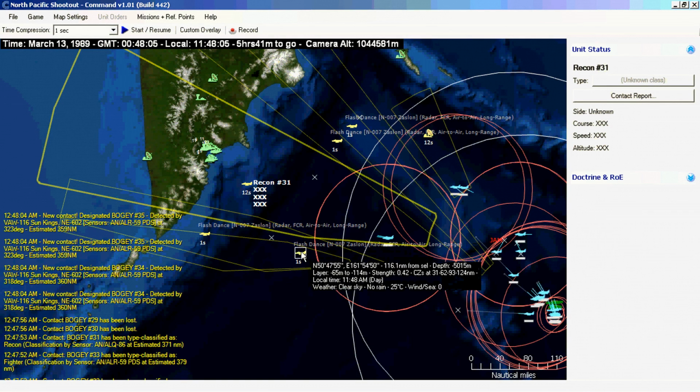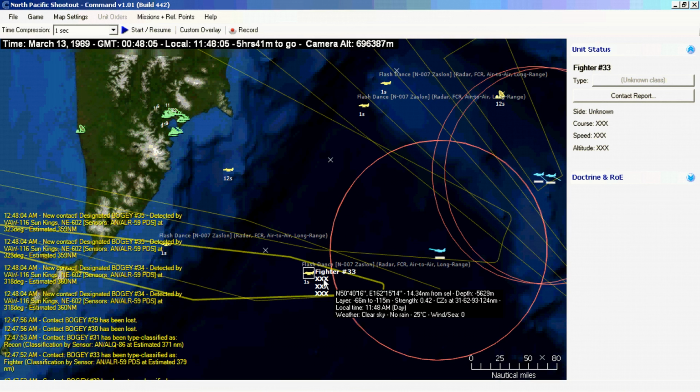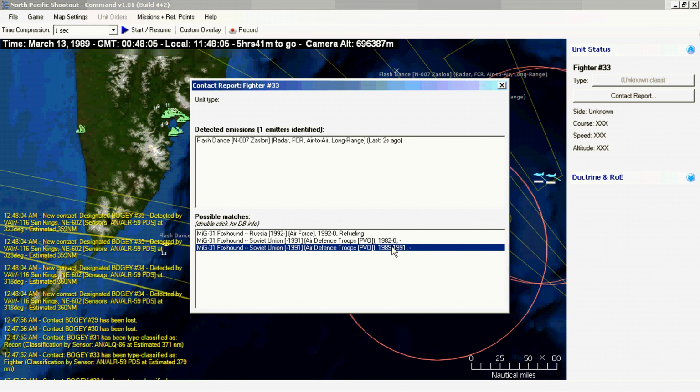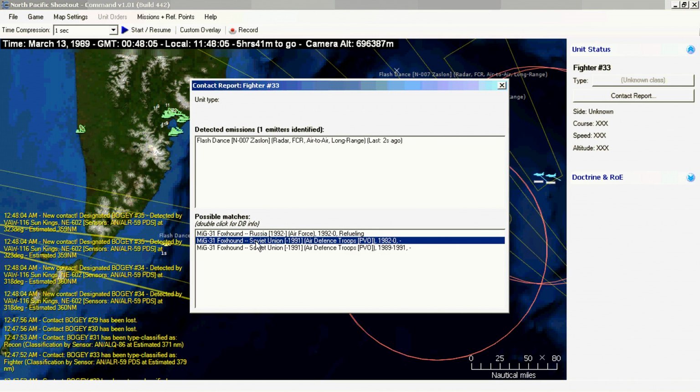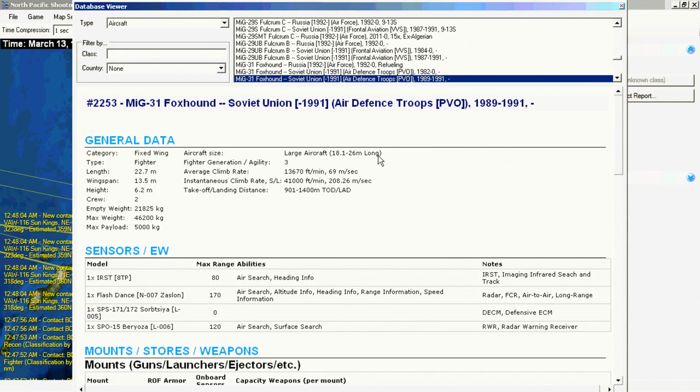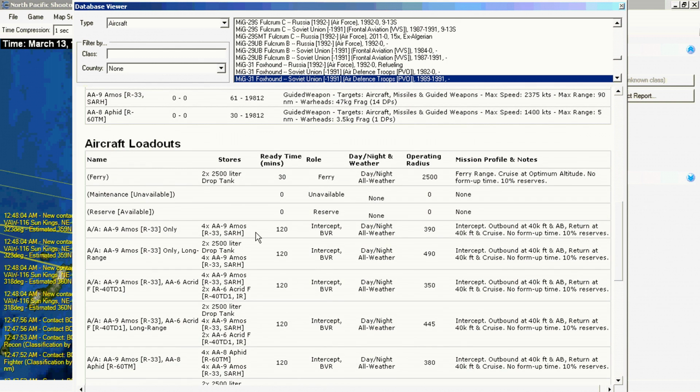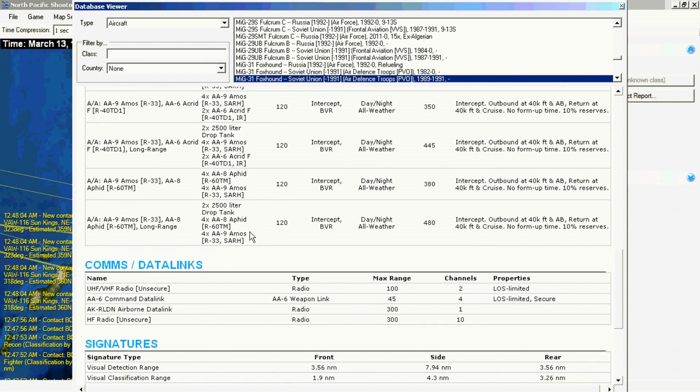We have to take note of the Foxhound interceptors. We can click on the report and select, I think it's this one because it's 1989 and this is our date. The one nice feature in this contact report is we can double click on it and it brings up the database viewer for what I suspect is the fighter. So we can see what weapons might be carried by this fighter, and it seems to be air-to-air AA-9 Amos. These are semi-active radar homing, but there's also